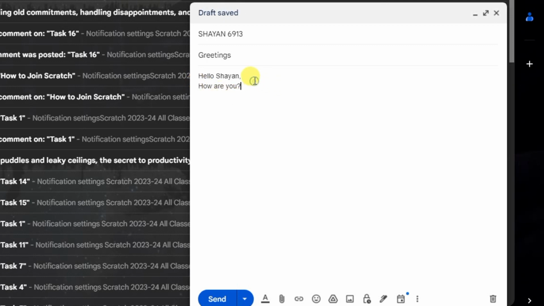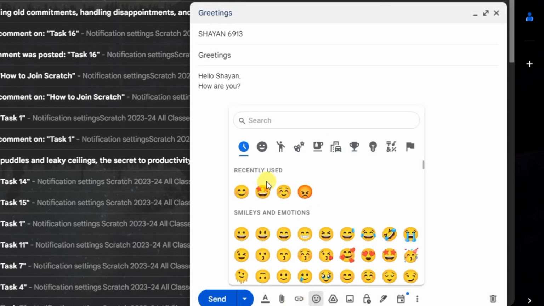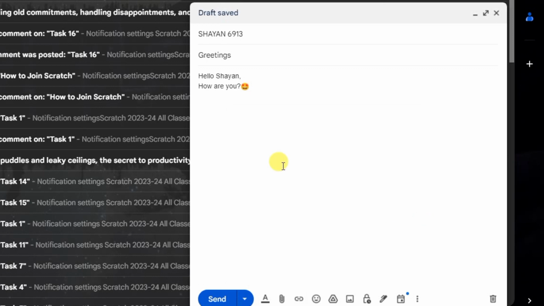You can use emojis in your message. From the bottom, you have a lot of options here. You can also change the font style by selecting the text. Then